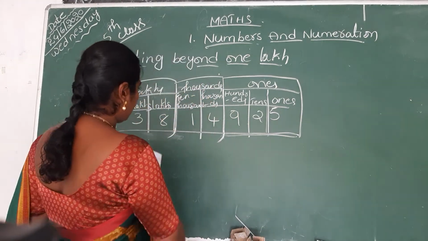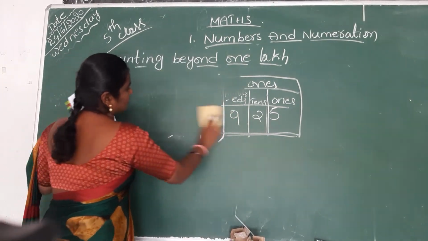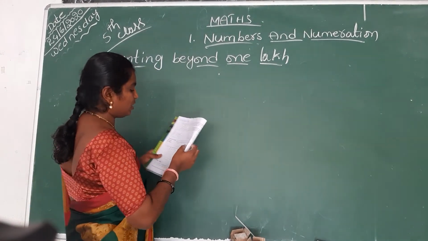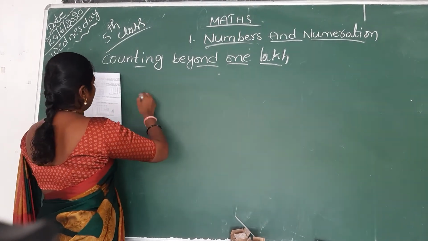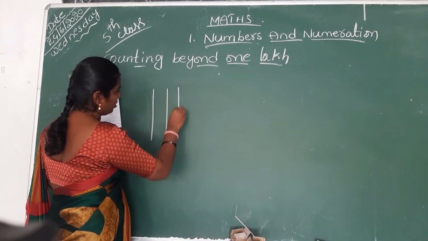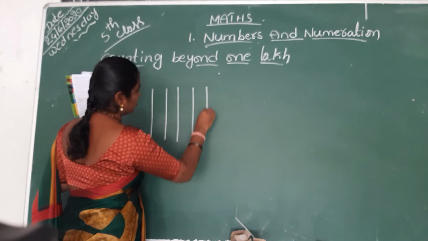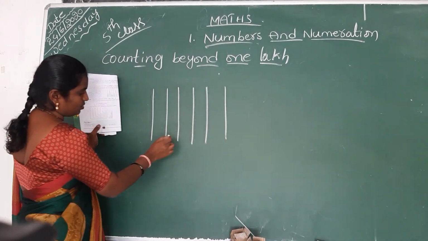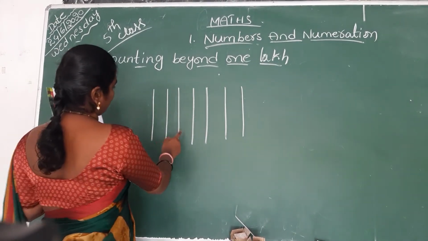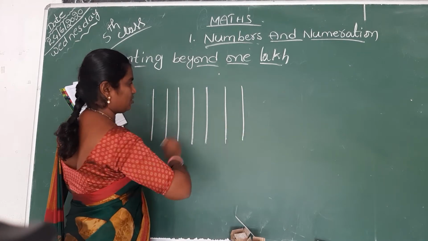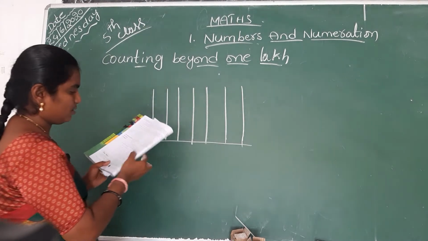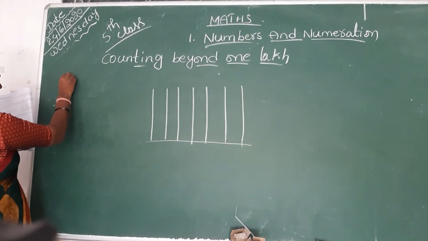Now I am explaining this number in an abacus system. Abacus system means counting the number when we have to write the place value. First here we have to draw how many place values are there. We have to draw that many lines. Ones, tens, 100, 1000, 10,000, lakh. Now see, 10 lakhs means 7 digits, no? So I draw here 7 lines.